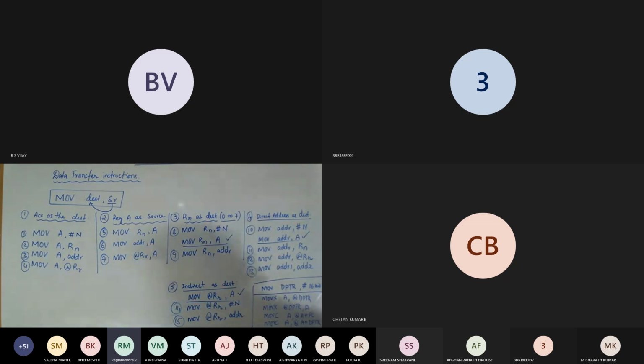This all comes under indexed addressing. We are not using them frequently. Rarely we are going to use them, but movx we use a little more frequently compared to movc. Movc is rarely used because